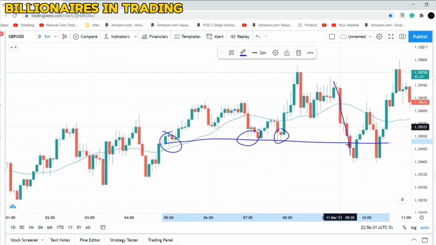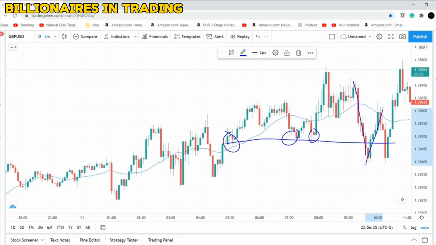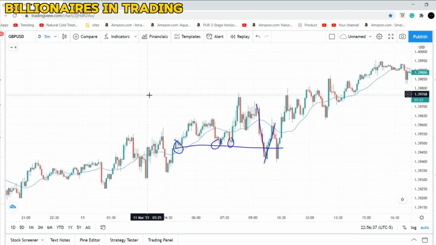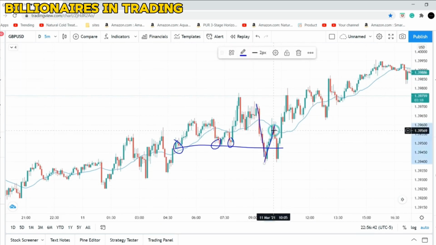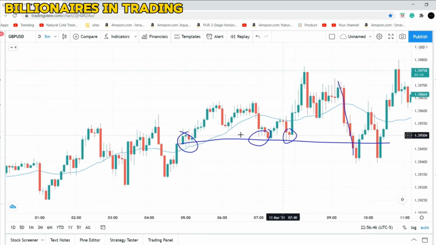Now, as soon as they got stopped out, buyers came in the market, pushed this market up, and then continued to go up higher. And that's what we want to do. We want to look for price to stop out these longs right here, and then we want price